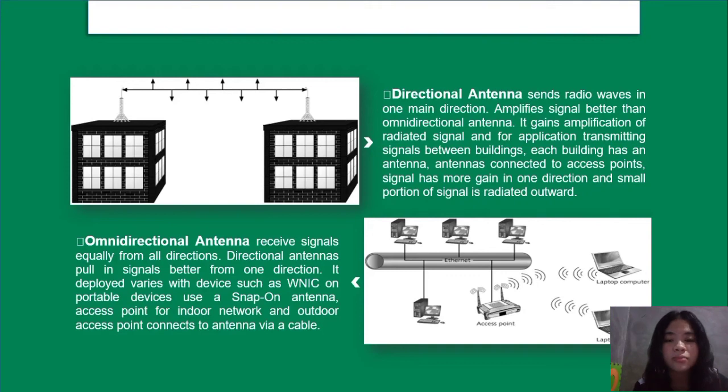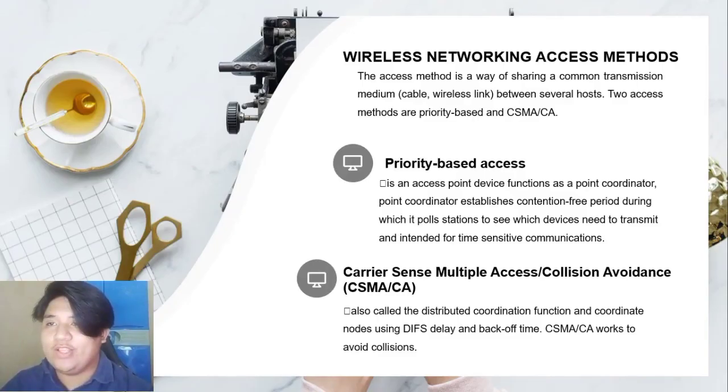kumonekta sa antenna. The access method is a way of sharing a common transmission medium between several hosts. Two access methods are priority-based and CSMA/CA. First, priority-based access is an access point device functions as a point coordinator. Point coordinator establishes contention-free period during which it polls stations to see which devices need to transmit and intended for